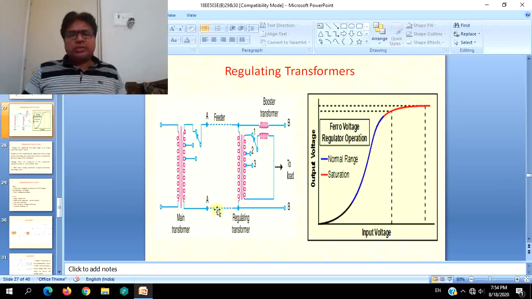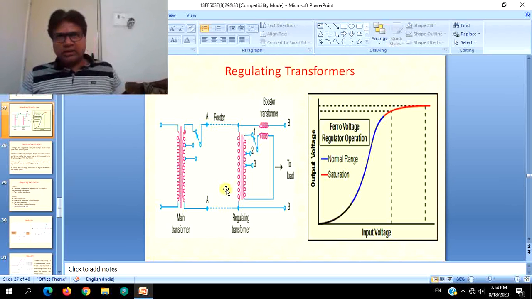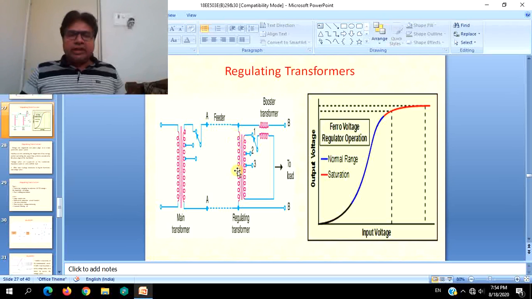The operation will be such that as this primary of the regulating transformer is connected in series with the supply, it will offer high reactance, which offers opposition to the change in voltage. And change in voltage is high when some spike or transient occurs. So whenever there are chances of occurrence of spikes or transients, the primary winding of the regulating transformer offers impedance, offers inductive reactance. Due to its inductive reactance, the shape of the waveform will be controlled, or the rate of change of voltage will be controlled. That is how it operates.